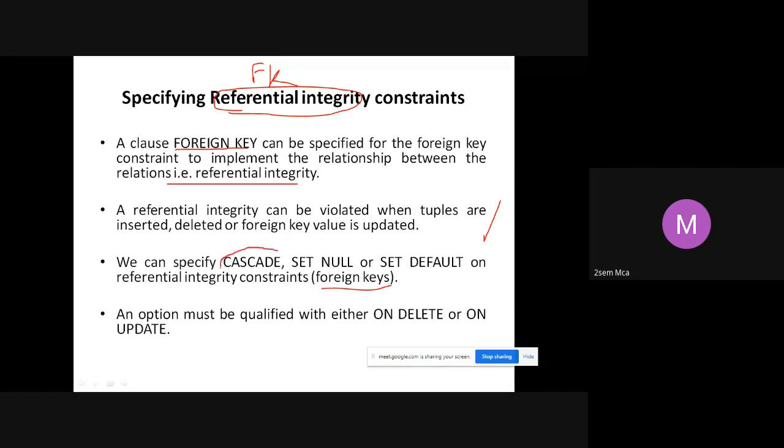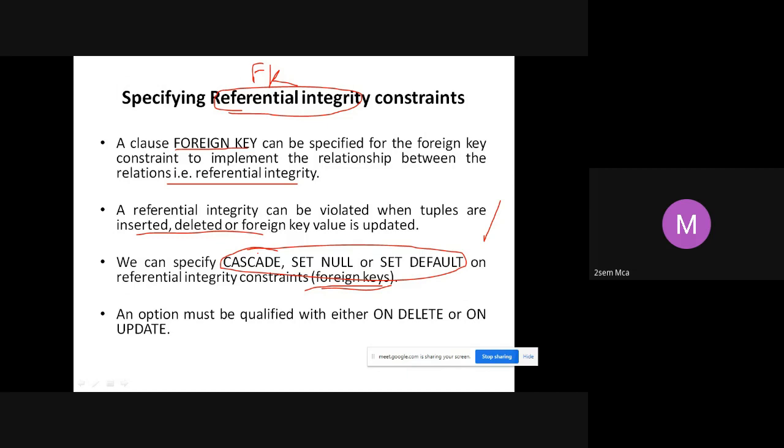For example, there are three important words here: cascade, set null, set default. Whenever a foreign key is used and you want to insert or delete using this foreign key, these options are used. We will be discussing what they are.